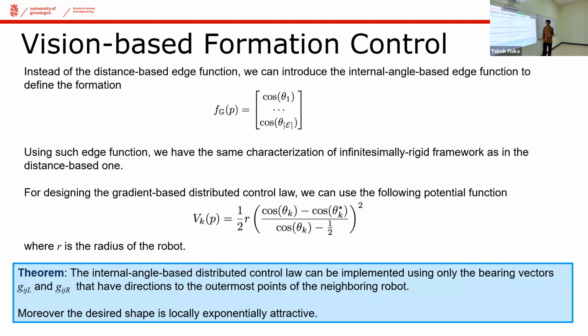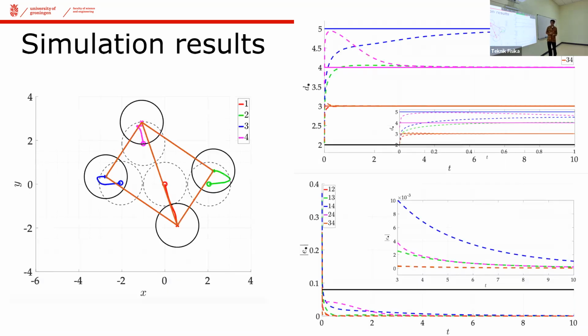And the theorem that we have come up with here is that the resulting gradient-based control is able to guarantee local exponential attractivity of the desired shape. This is a bit of a simulation result. So you start from the wrong shape. If you look at the centroid of the circle, the circle is representing the shape of the robot. So we are no longer assuming that the robot is a point mass, but it is a circle. So it has a circular shape.